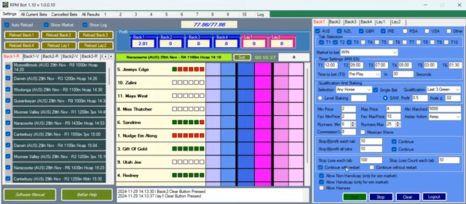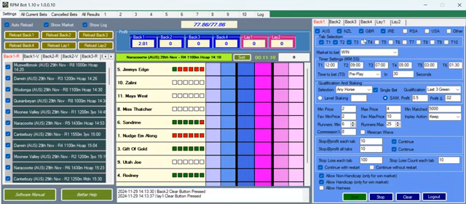You have to put in a loss, what you're prepared to take a loss. I'm saying 10 losing bets on back one or £100 or dollars loss. Whichever comes first, if that happens, then it will stop and restart again. If I had it unticked, then it would not restart, it would just stay stopped. Allow non-handicap, allow handicap. I've ticked them and I've unticked harness. I don't want any harness racing. So that's how you set